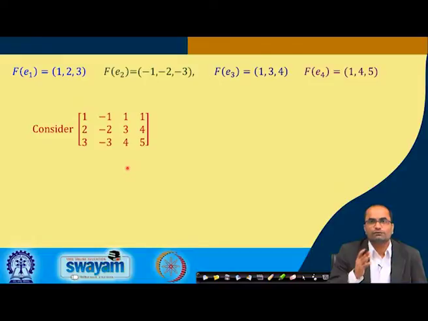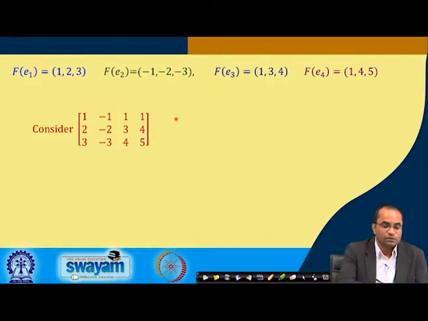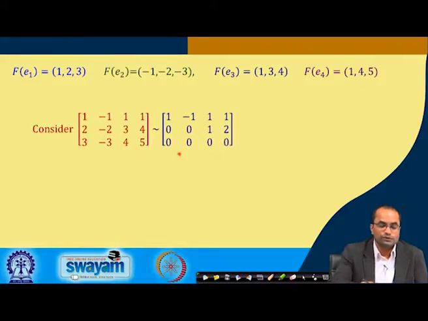Having this matrix whose columns are the given vectors, we can now reduce it to the row reduced echelon form, and from that row reduced echelon form we can find out which vectors are linearly independent and which vectors are linearly dependent, and we have seen one such example before in previous lectures. So, now to find out the linearly independent vectors out of this, we can place them in this matrix here as the columns, and then we can reduce it to the row reduced echelon form,